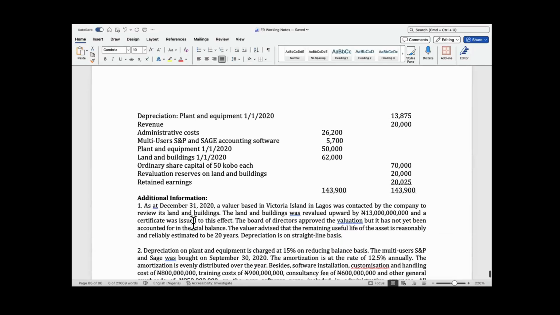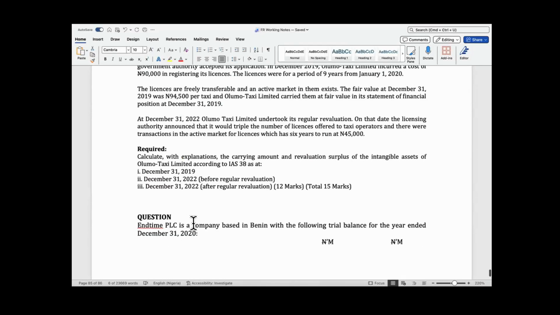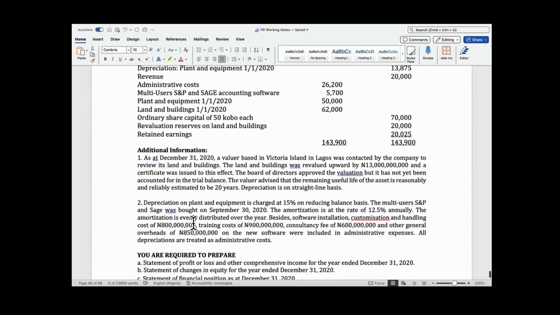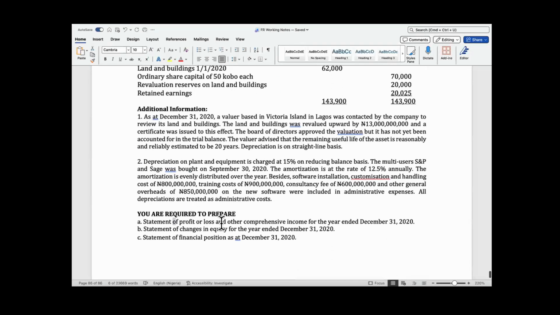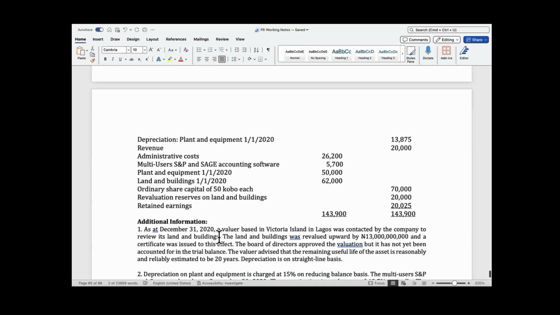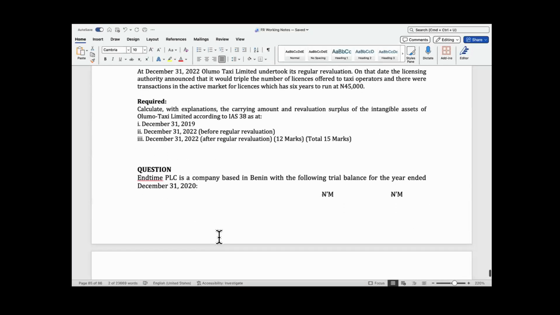And this one too. This one is similar to the one I just solved up here. It's very similar to it. This one wants you to prepare a statement of profit or loss, statement of changes in equity, and statement of financial position. These are exam standard questions. And I'm also going to send you one more assignment, making three for you to practice